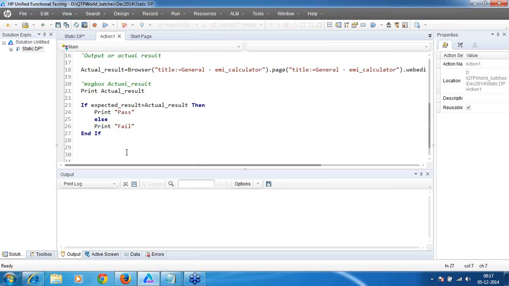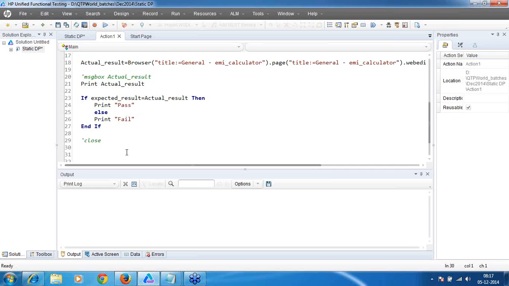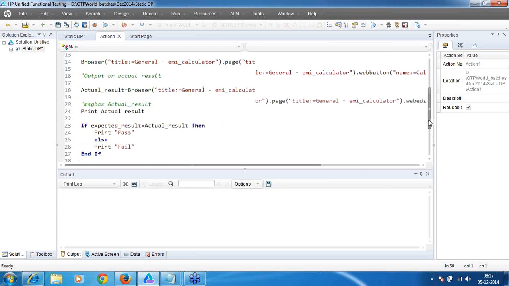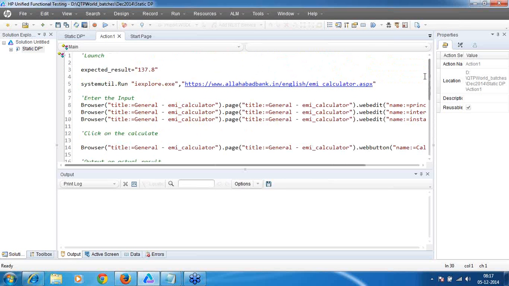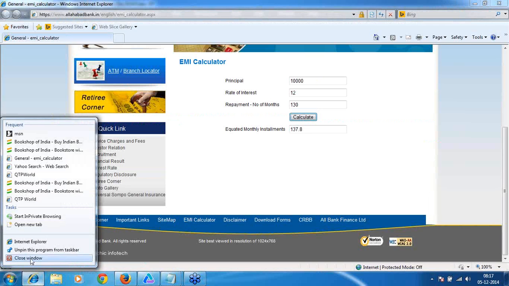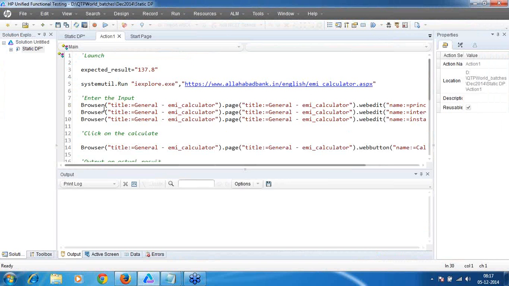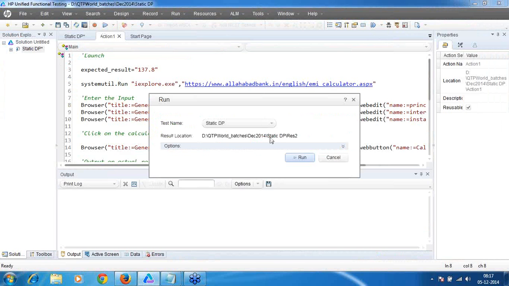Finally we'll close the browser. Later on I want to write the code for closing the browser, but first I need to see the validation. Now how do I go about it? Shall I execute this completely and see what exactly my result is? Let me close this browser. I'm closing it manually, but I'll write that in code as well. If I give a run statement,